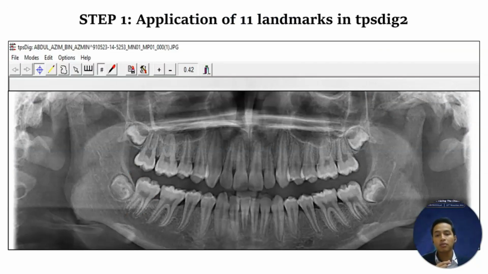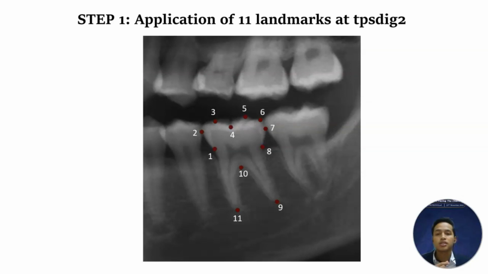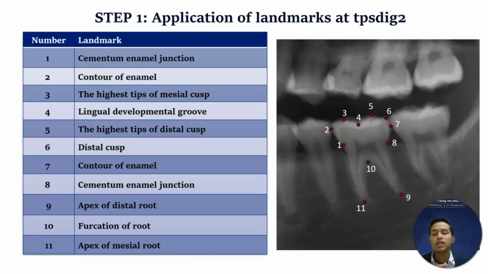So first of all, like I mentioned before, we do the landmarking, which includes about 11 landmarks in TPS D2. This is magnified through the permanent mandibular first molar, on which we will place about 11 landmarks. Number one is the cemento-enamel